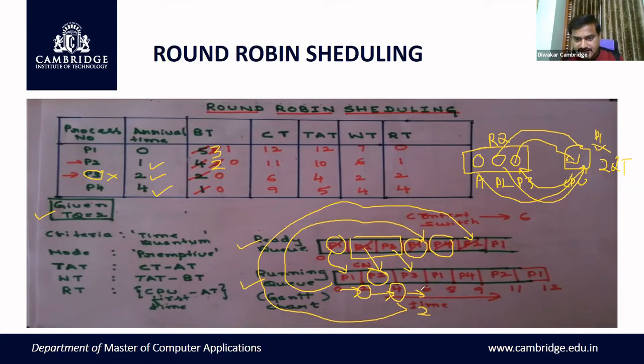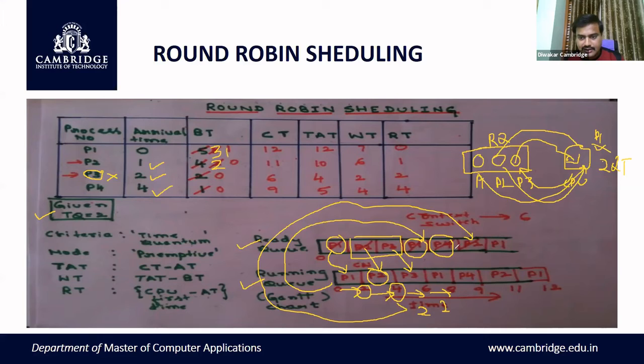P3 completes its execution. Now, how many processes are there in the memory? So now it will not be attached here to the end. Why? Because it is over. Its CPU burst time is only 2 units. Now, how many processes are there? We have P1, P4, and P2. Now P1 is there. How many units does it still have to execute? It has still 3 units, right? So now it will execute for 2 units, right?